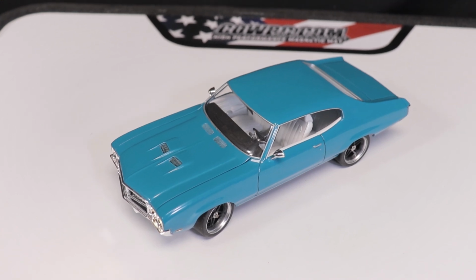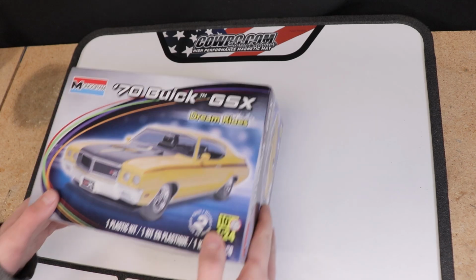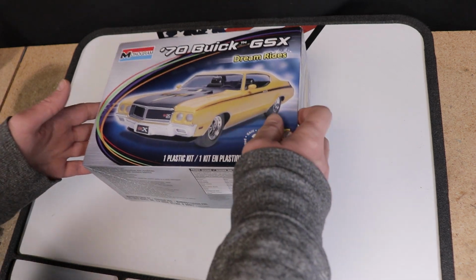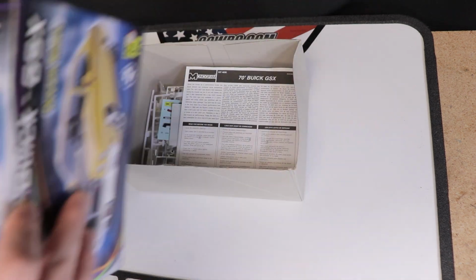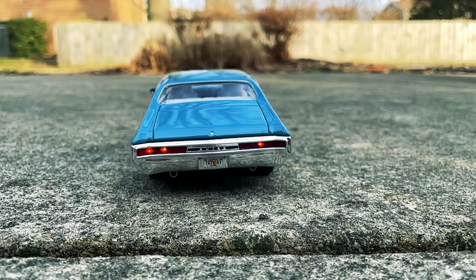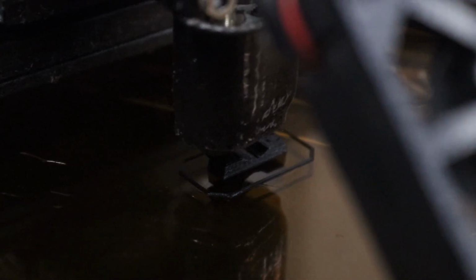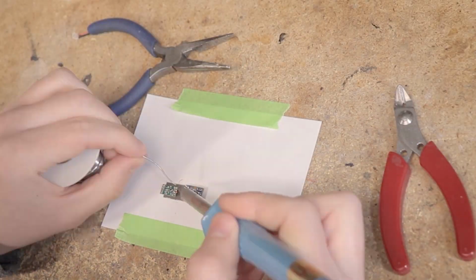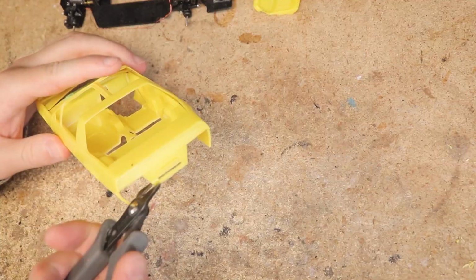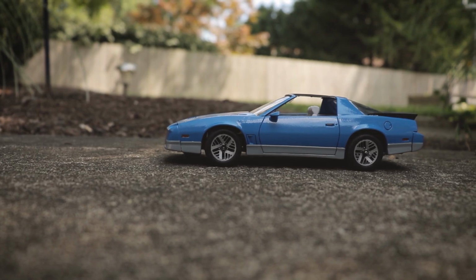The life of this Buick began not with an unboxing, but rather flipping the switch on a 3D printer. Well, actually, it did sort of begin with an unboxing, as I am using a plastic model kit from Monogram as a donor for the body and some other stuff, but that just doesn't sound as cool. My point is, some assembly was certainly required. And by some assembly, that includes 3D printing the chassis, soldering all of these tiny electronics, and modifying a plastic model kit that was designed to spend its life collecting dust on a shelf, not be strapped to an RC